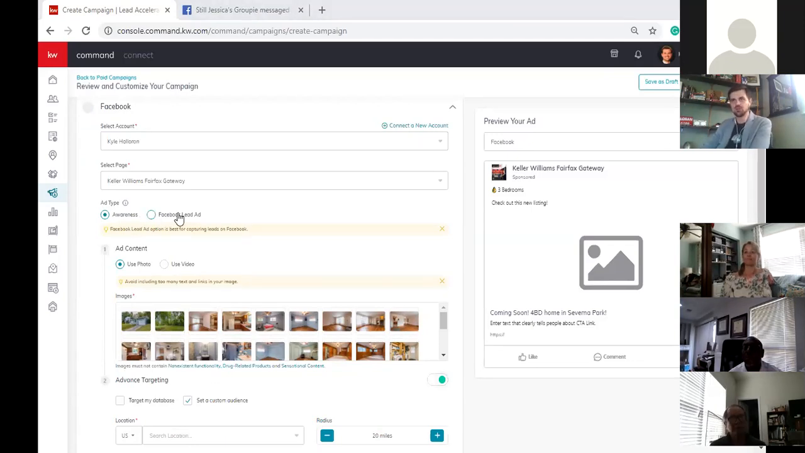So awareness, Facebook lead ad. In my case, I would click on Facebook lead ad. We did get a chat over here. Let's see what we got. Give us a use case for awareness. Okay, a use case for awareness might be